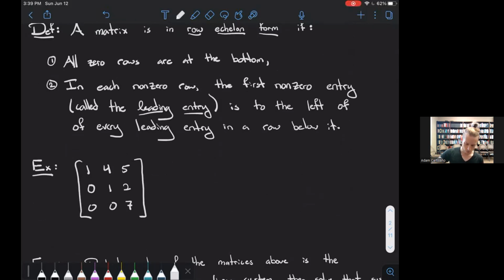Then let's go to the first non-zero entry in any row. Let me just circle them. I'll highlight them. Okay, there's a set. There they are. Right, it's the first non-zero entry in each row. So you just proceed from left to right until you find something that's not zero. And then you just ask, if you look vertically,